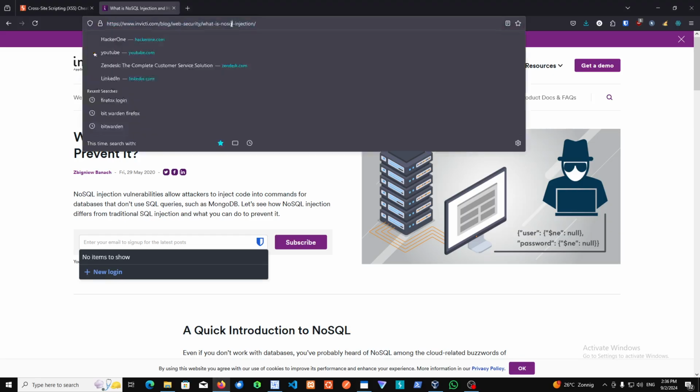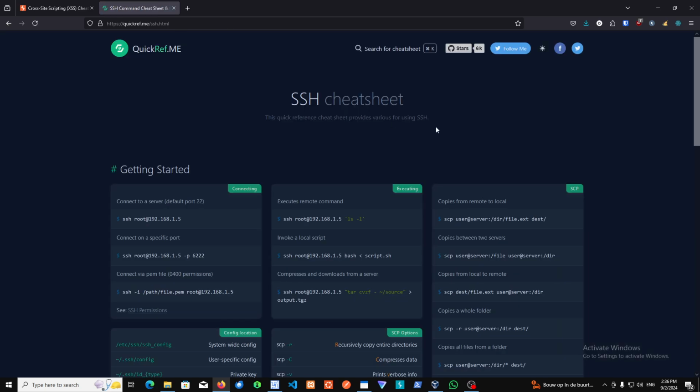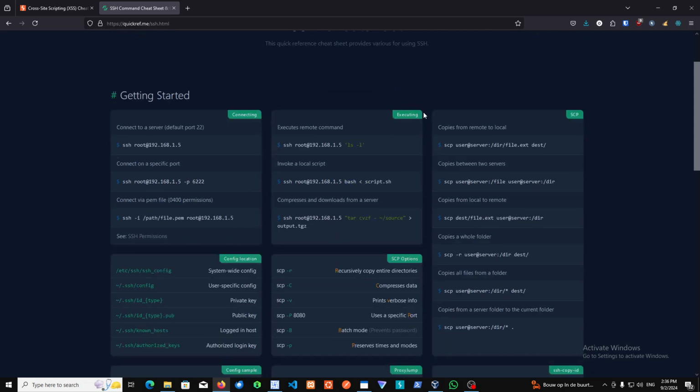Right, so let's go to number 5, which is the SSH cheat sheet. The SSH cheat sheet is also pretty important. Why? Because with SSH, or the secure shell, you can basically execute a command and connect to another computer and copy files from the remote connection of that other computer you connected to. So for example, if you connect through SSH to one of the web servers holding the website, or a container or whatever, you can check out their files, and if you have good privileges on them, let's say admin privileges, you can actually copy the files and inject malicious files,